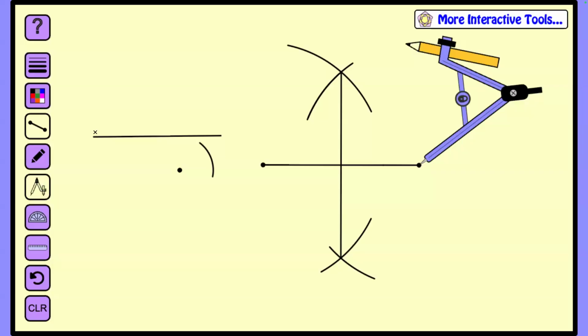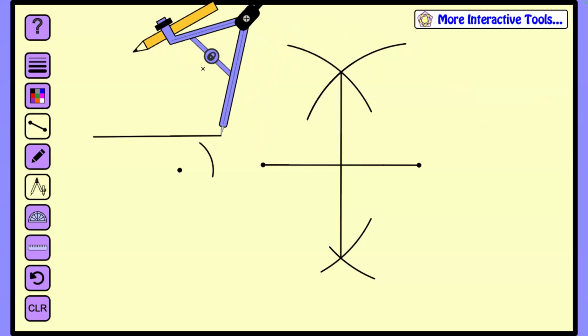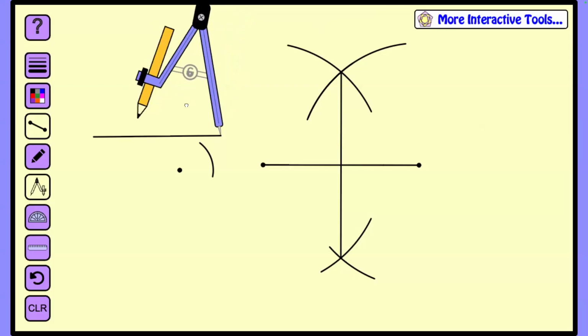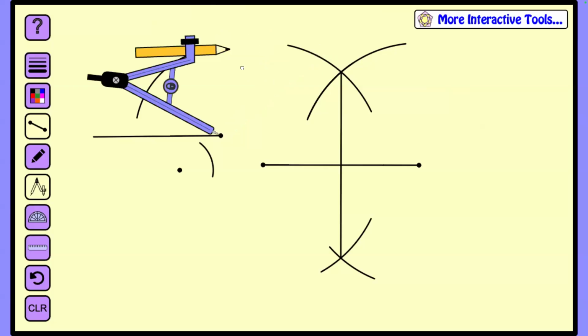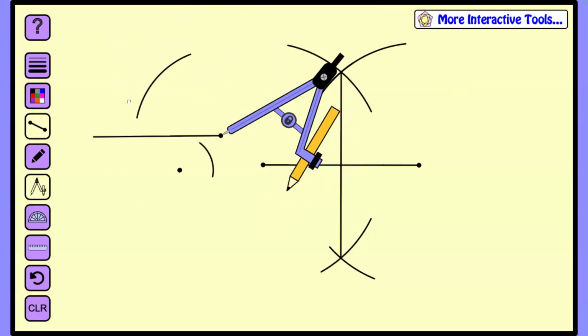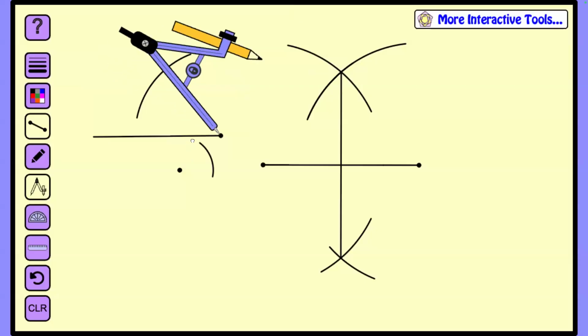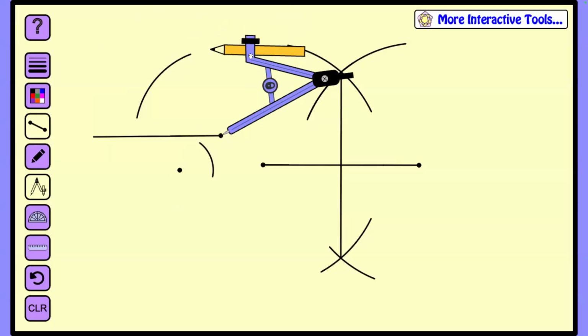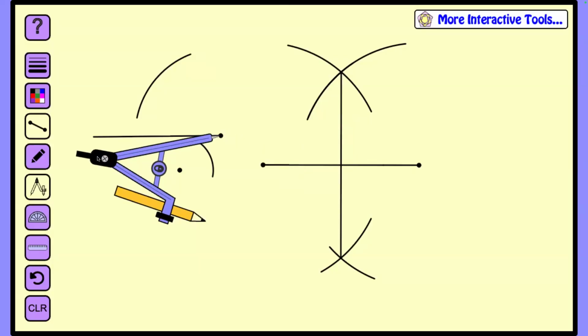You know what I do? I take the compass, place it here. Bisecting a line is pretty simple compared to this. I don't want this long. I unlock it. This is enough. Lock it. See here. And then bring it in here, bring it a little bit here, and then use the black color to